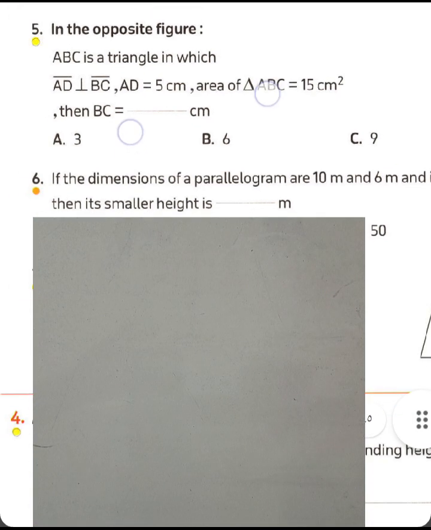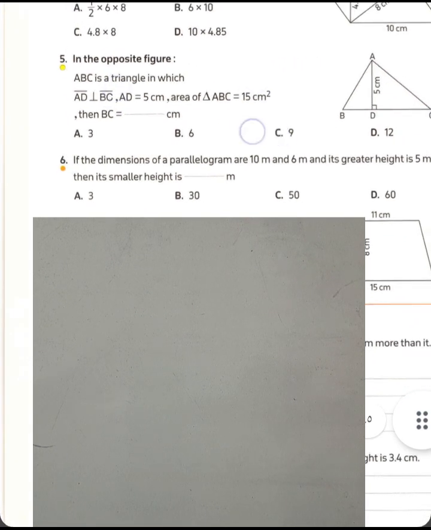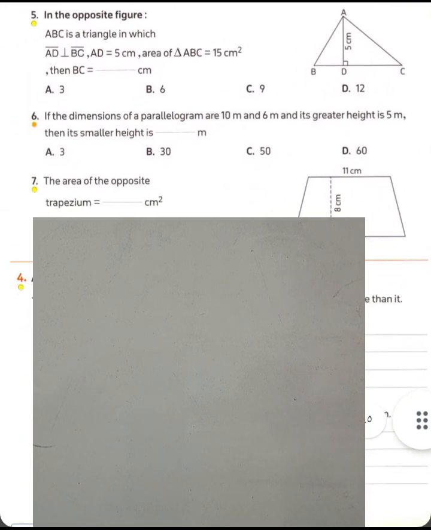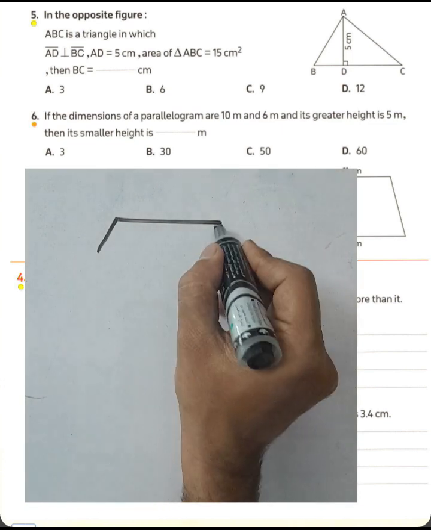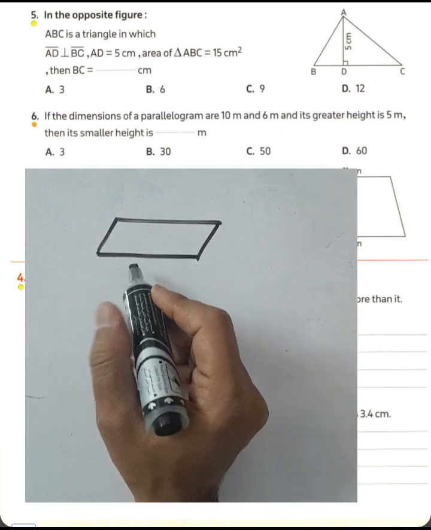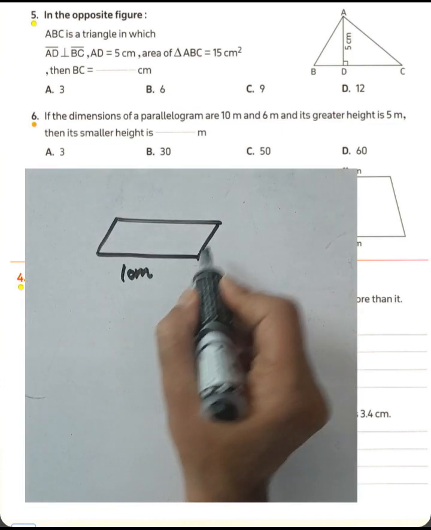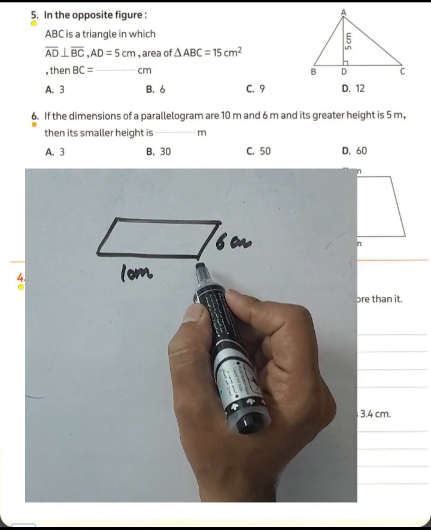Okay, question number 6. If the dimensions of parallelogram are 10 centimeter and 6 centimeter and its greater height is 5 meters, then its smaller height equals blank. Okay, we will draw this parallelogram. We have two bases. The greatest base was 10 meter and the smallest was 6 meter, and its greater height